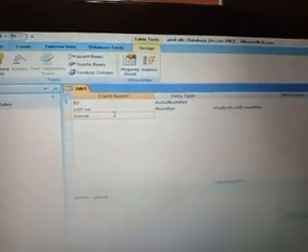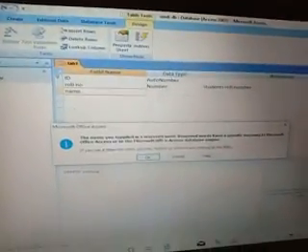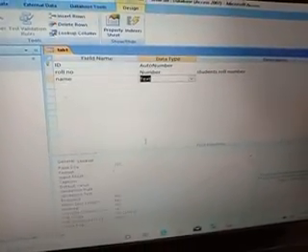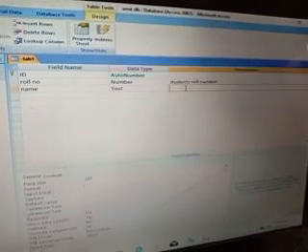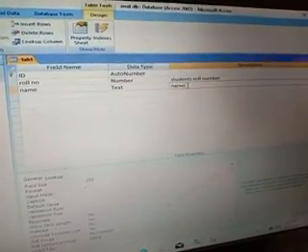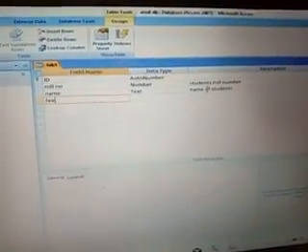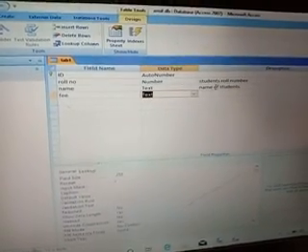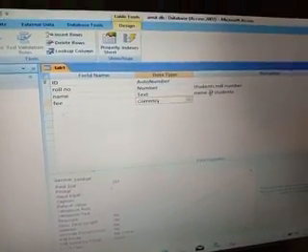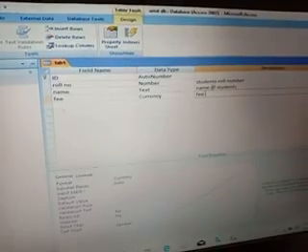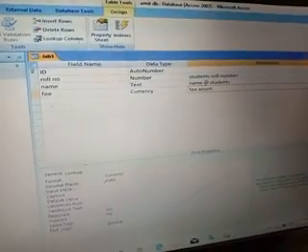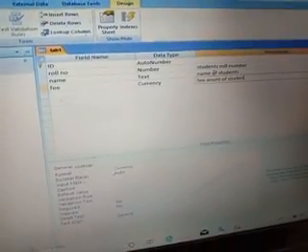Name will be text, as we know name will always be text, as generally the text field is used. Roll number of student, name of students. Next, fees. Fees we can have in currency data type, fee amount of student.